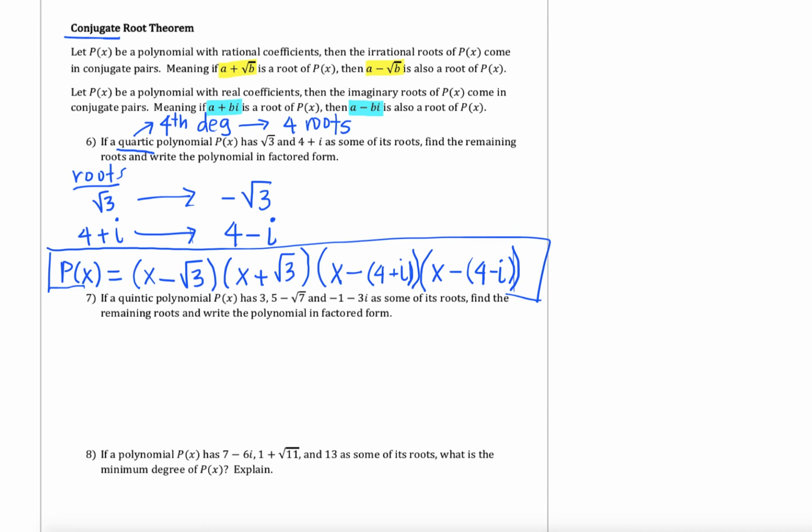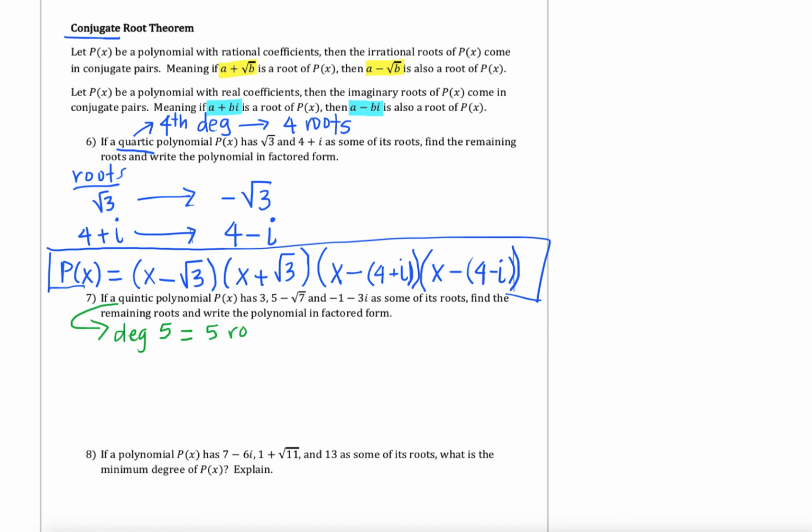Let's look at example 7. It says if a quintic polynomial p of x has 3, 5 minus the square root of 7, and negative 1 minus 3i as some of its roots, we want to find the remaining roots and write the polynomial in factored form. Well, start at the beginning. What does it mean to be a quintic polynomial? A quintic polynomial means that our degree is equal to 5, which based off of the fundamental theorem of algebra tells me I have to have